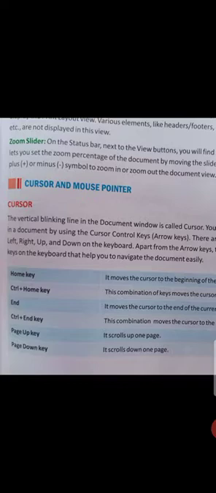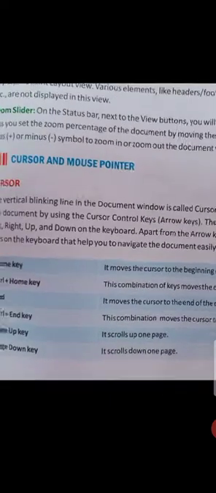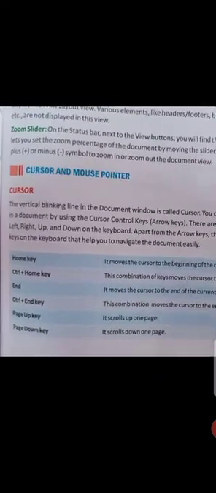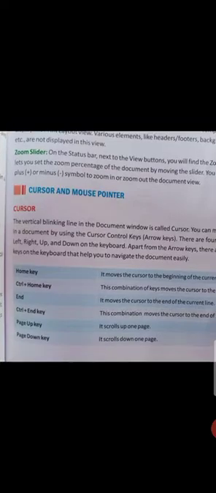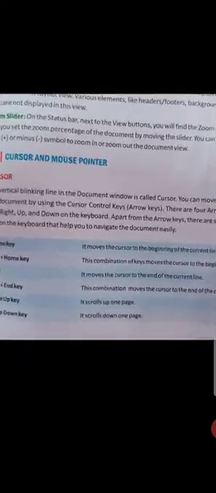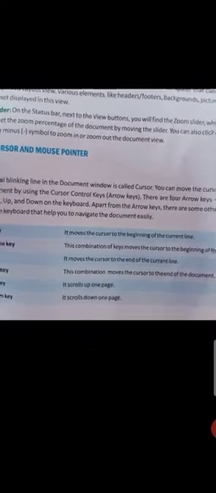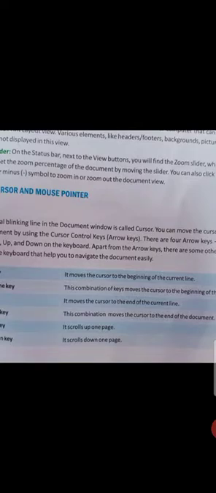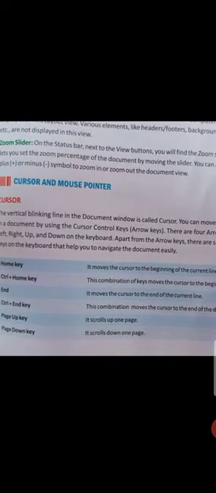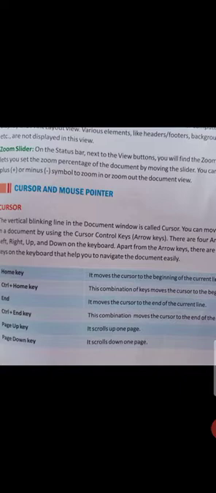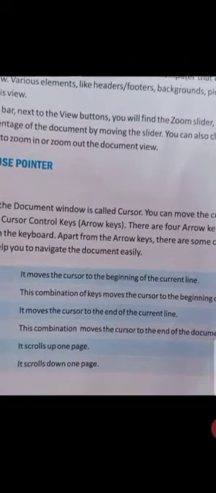If you press the down key, then we go down. Control plus Home key: this key combination moves the cursor to the beginning of the document. Control plus End key: this combination moves the cursor to the end of the document.